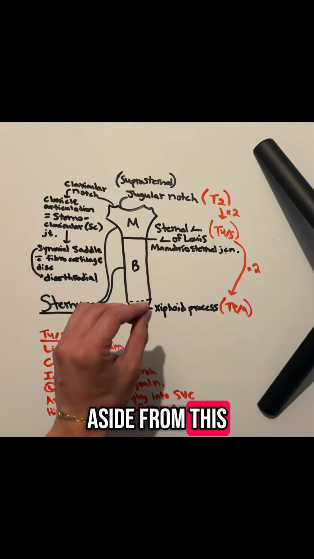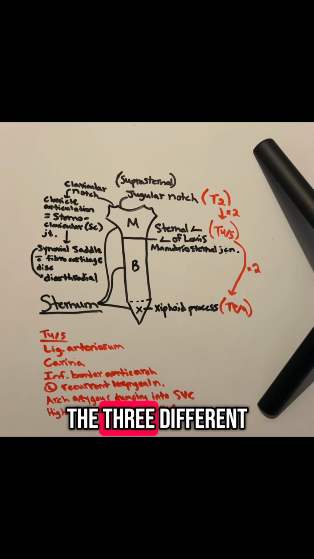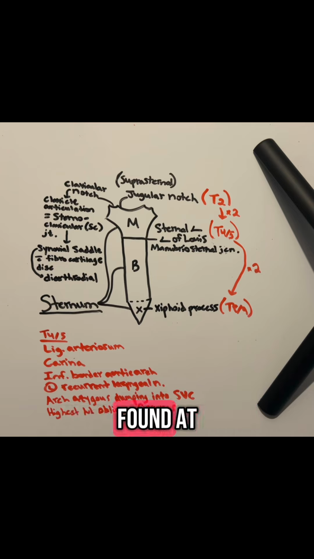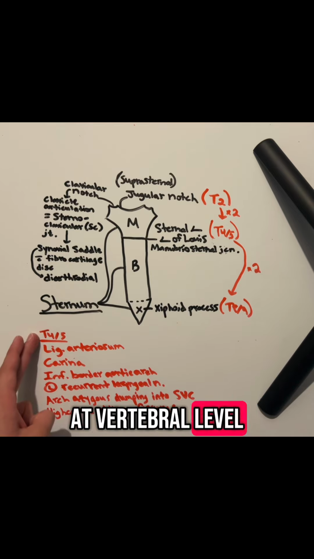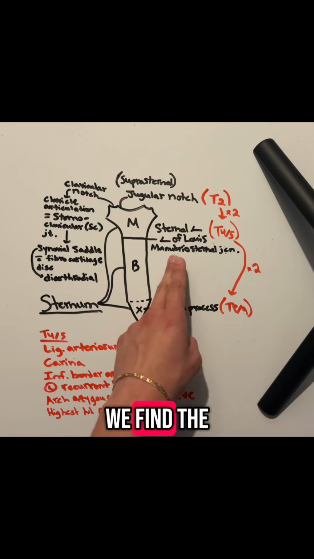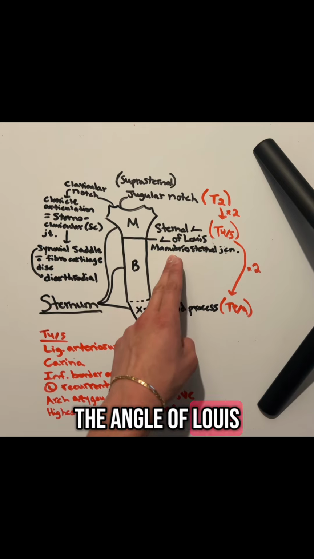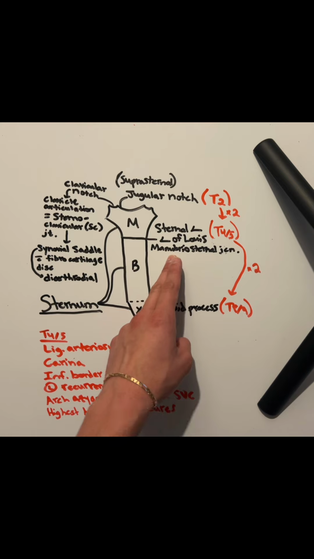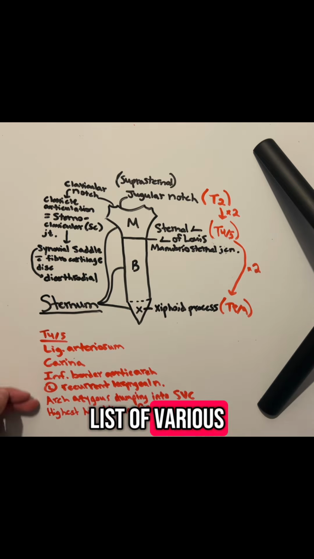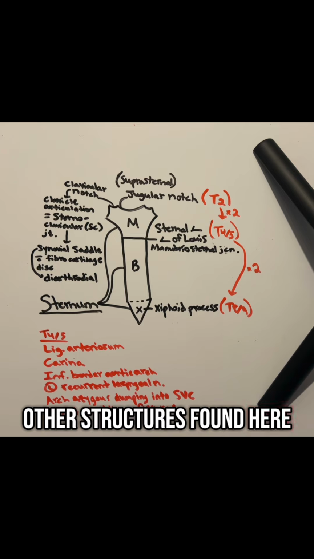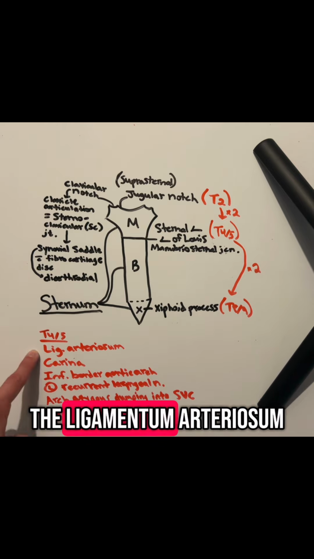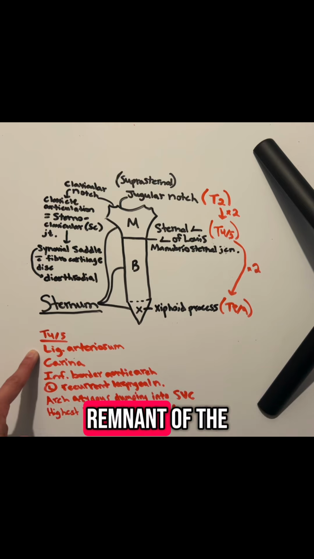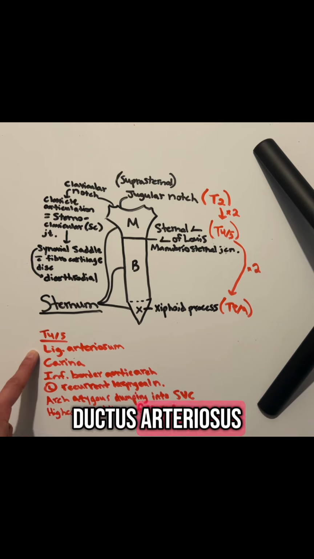Aside from the bony landmarks of the sternum and the three different portions of the sternum, as well as the vertebral levels that some of these landmarks are found at, vertebral level T4, T5, which is where we find the sternal angle, or the angle of Louis, or the manubriosternal junction, there is a list of various other structures found here. This list includes the ligamentum arteriosum, which is a remnant of the ductus arteriosus, which is a vessel in